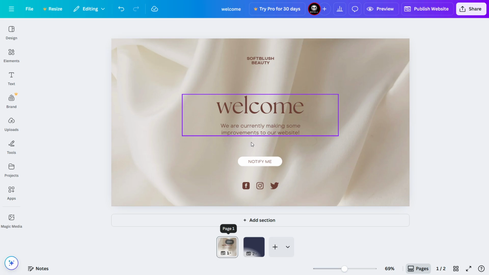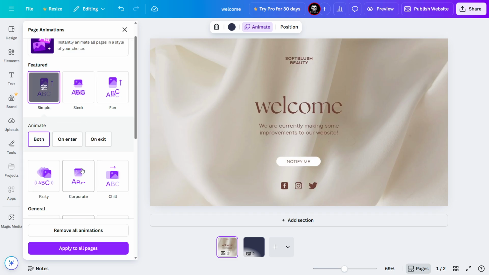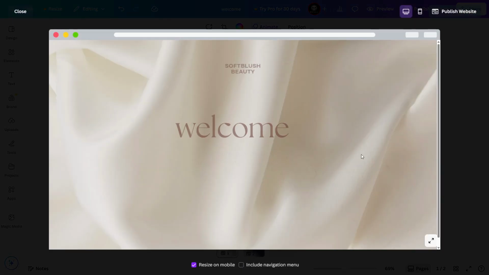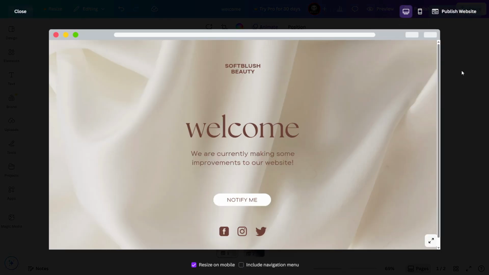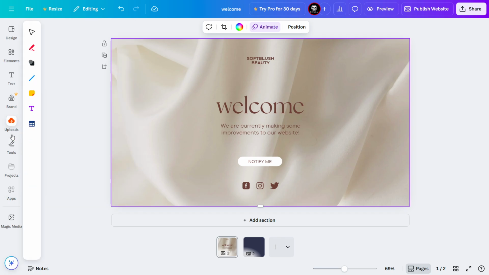and you can also animate it as you want. So you will make it aesthetic, look clean, cool. You can see how it looks on mobile, on desktop. You can just play around with this